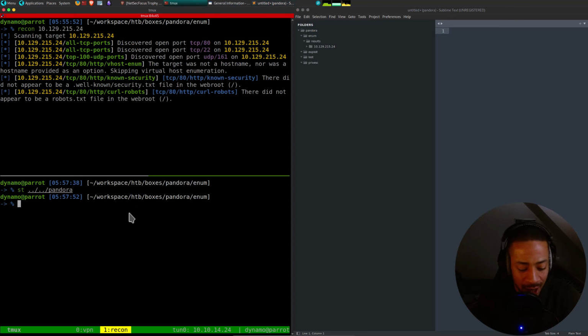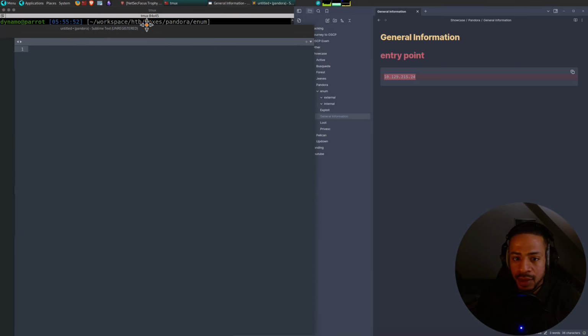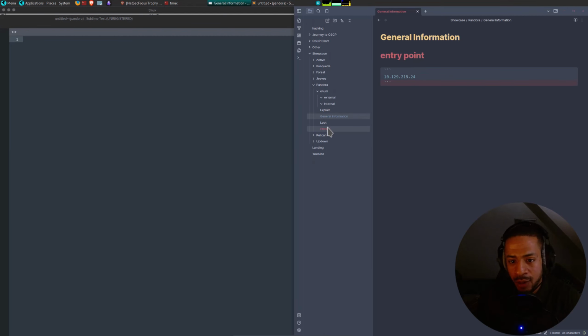So let's get started with the enumeration process. As usual, I'll also run scan on the IP, and I'll save that output into initial like this. While that is running, I will write nmap scan, and then also rustscan like that, and then quick scan and full scan like that.